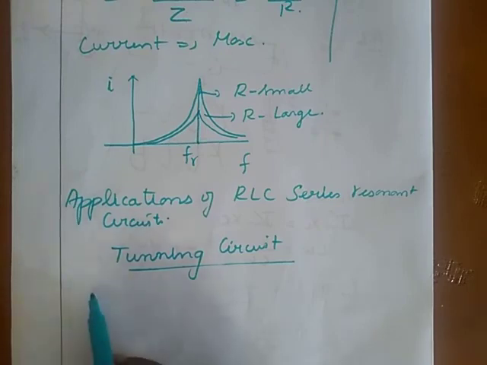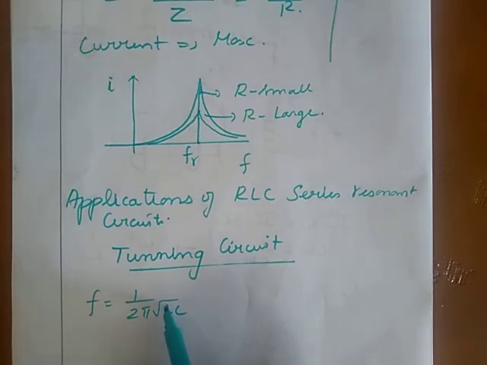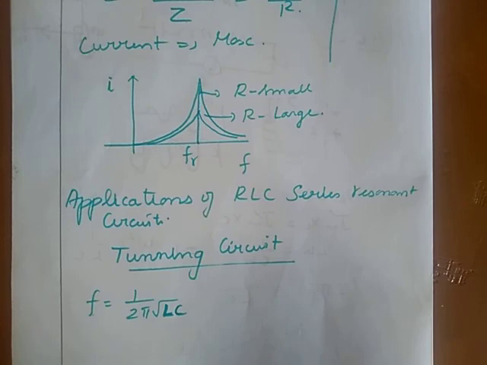We know the resonant frequency F is equal to 1 by 2 pi root of LC. Changing the inductor is a little difficult, but we can change the capacitance of the capacitor by using a variable capacitor. If we change the capacitor, then the resonant frequency also changes. Then this resonant frequency is approximately the same as whatever frequency you want in the air. When that frequency matches, the amplitude became maximum, and we can easily receive whatever signal we want.